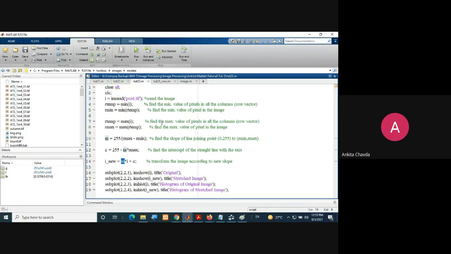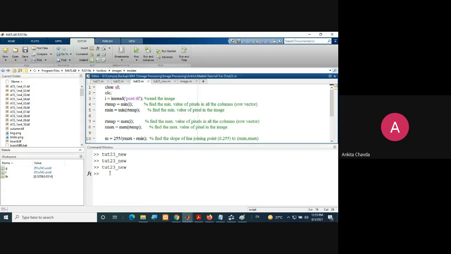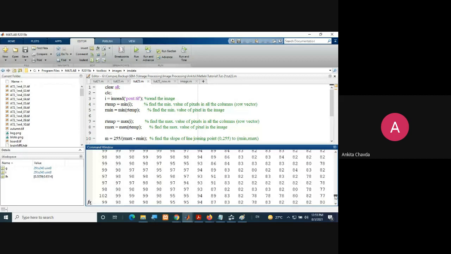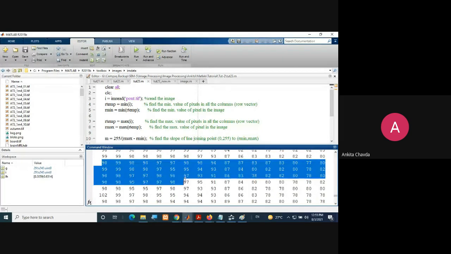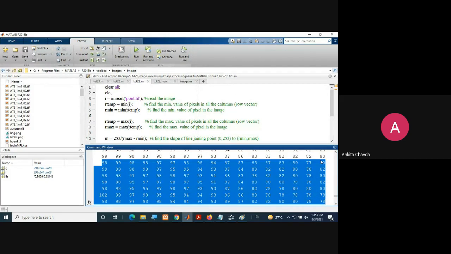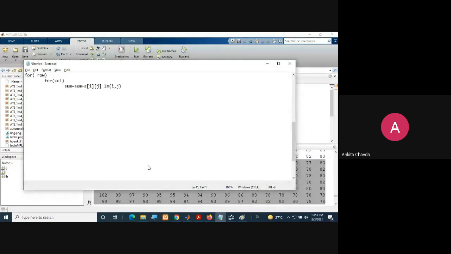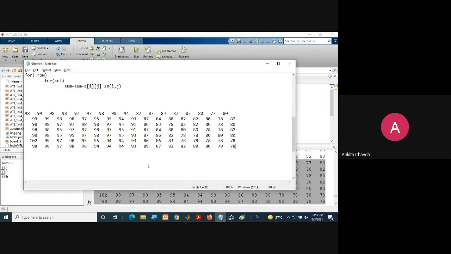But what we are doing manually is this. Okay, I'm showing you one thing here: I'm reading a line. I just want a few lines from this. Suppose my image has a matrix like this, and I want to find the minimum and maximum from it.